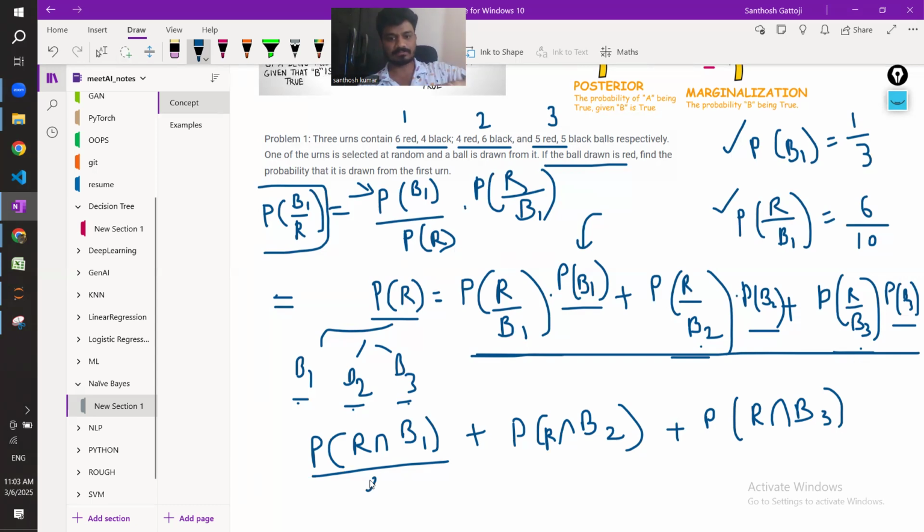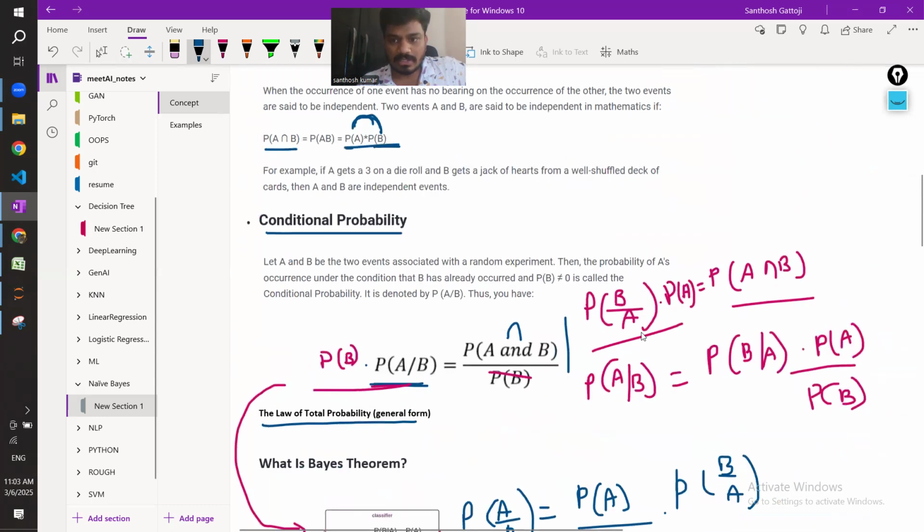That means this. Correct. And this and this. So if you try to find out this R and B1, in this formula, what is the probability of A intersection B? Probability of B by A into probability of A. Correct. Or the other way around. So over here, I can write it as probability of